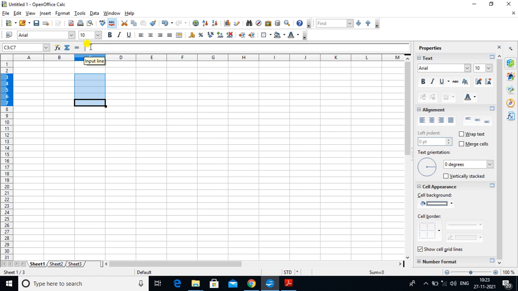This is the formula bar, and here you have to enter the formula. First of all, you have to enter the equal to sign, and then use any formula that you want as per your requirement. Okay. And after entering the formula, you have to press the enter key.